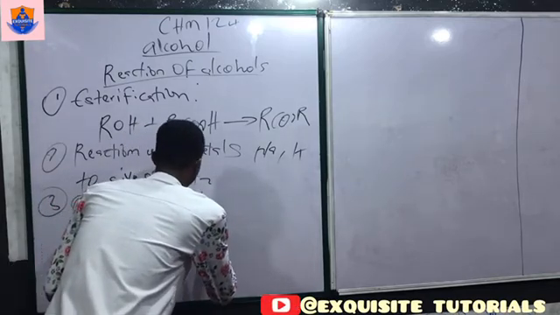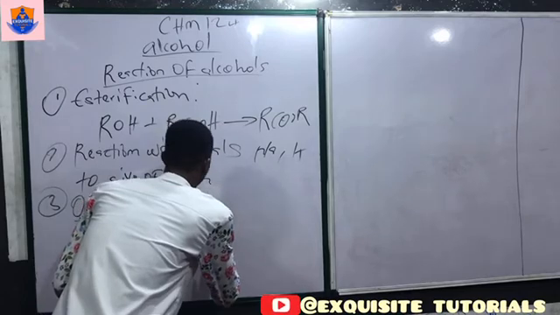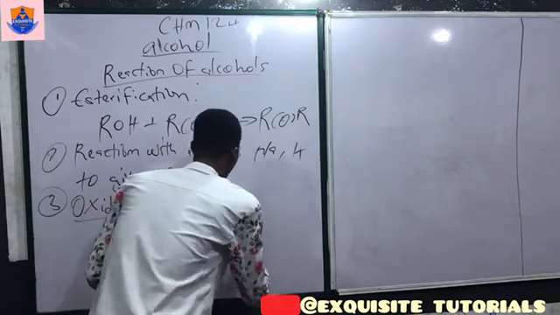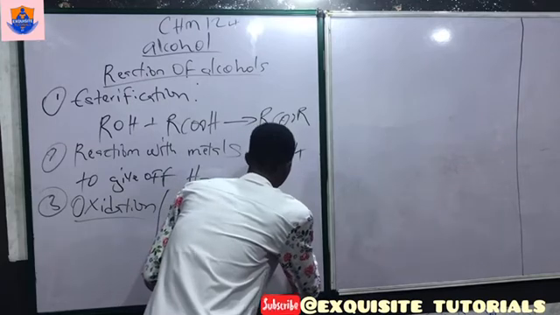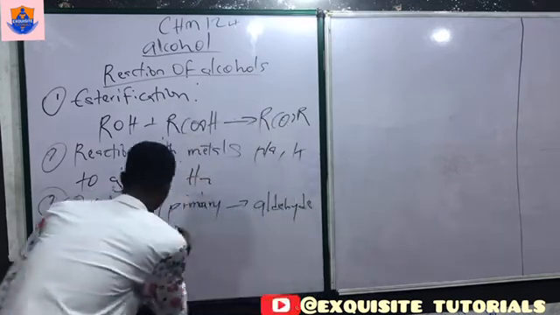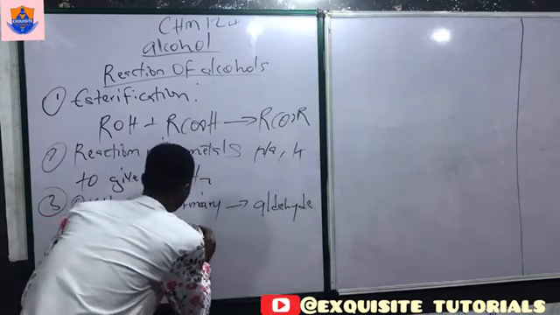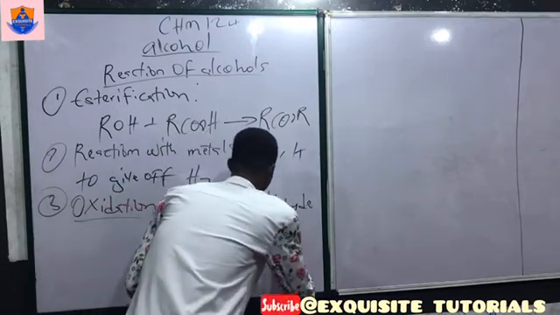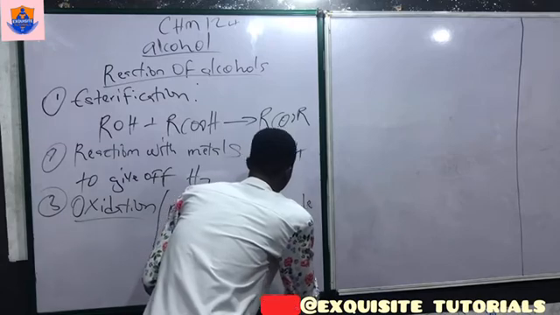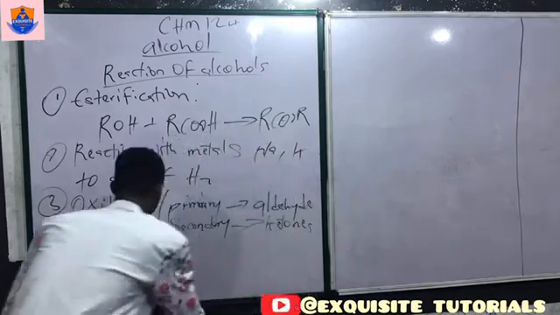Primary alcohols are oxidized to aldehydes. Secondary alcohols are oxidized to ketones, while tertiary alcohols